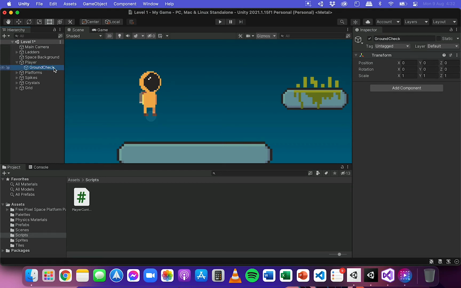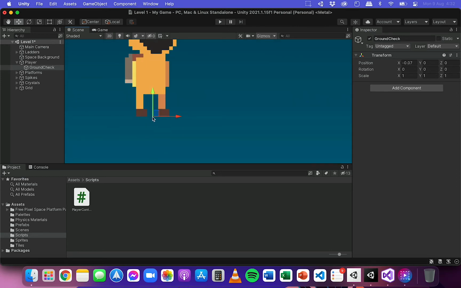All right, and click on that object and select the move tool here to move it to the bottom of the player, the bottom edge of the player or the player's feet. And we can actually see here, it's already positioned there, but I'm just going to center it a little bit more. Okay, so right there, that is marking the bottom of the player or their feet,